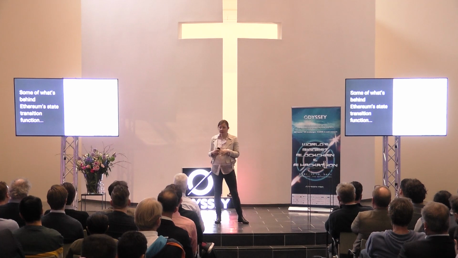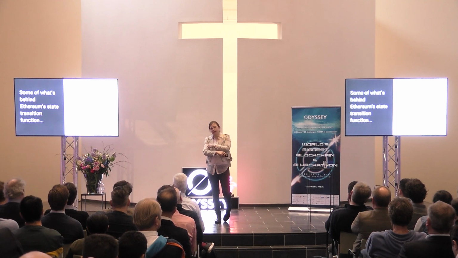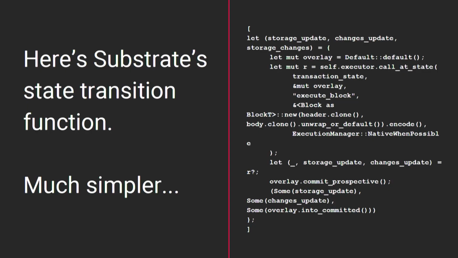So instead of showing you all those lines of code, I'm showing you a snapshot from the Ethereum yellow paper, just to give you an idea of the complexity that Ethereum basically implemented for you, so building a decentralized application could become easy. And here is what the state transition for Substrate looks like. In and of itself, now 20 lines of code, which similarly first was in Ethereum this huge amount of lines of code. So that's basically how we abstracted